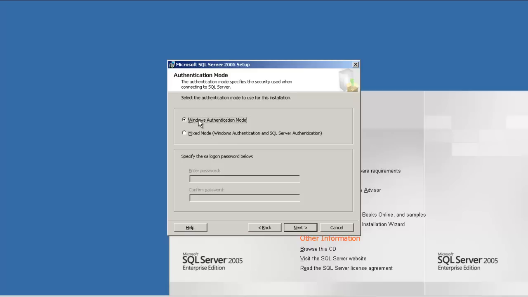I will use Windows authentication mode because it gives you more security than mixed mode. Usually people nowadays only use Windows authentication mode, but if you want, you can always use mixed mode. You can always change the setting after you have installed it, no problem at all. Okay, let's move to the next.